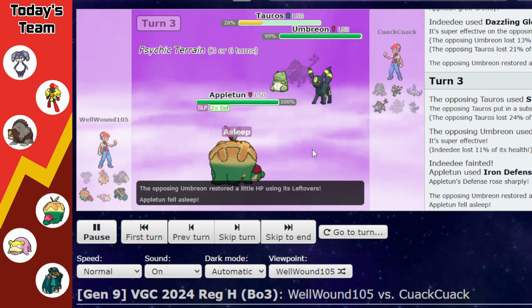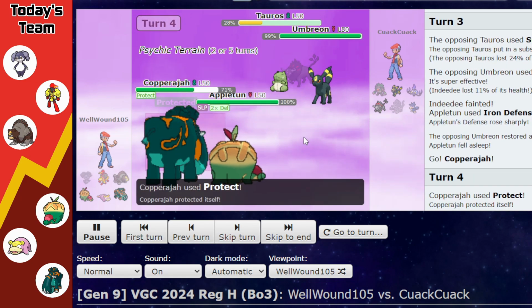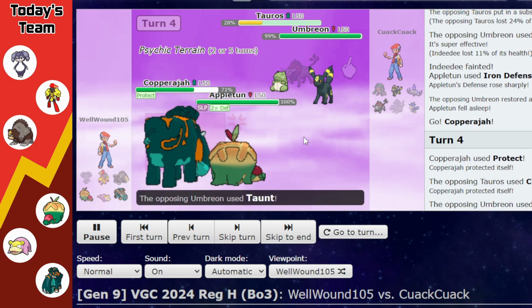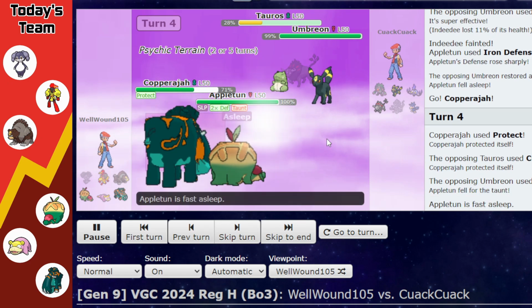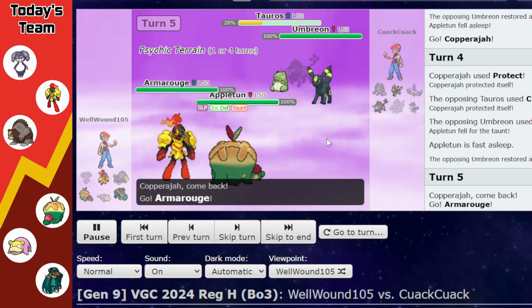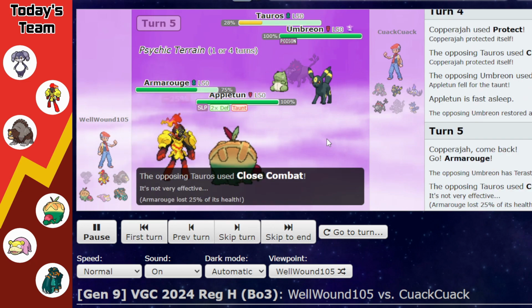just Body Press with Appletun here, maybe being a little passive because Umbreon is faster than Indeedee, but we're using Caparaja here to kind of bait the Close Combat while we're waiting for Appletun to wake up, but Appletun is getting taunted, so we can't Iron Defense again with Appletun. Now I bring in Armarouge here as my last Mon in order to catch the Close Combat and hope that